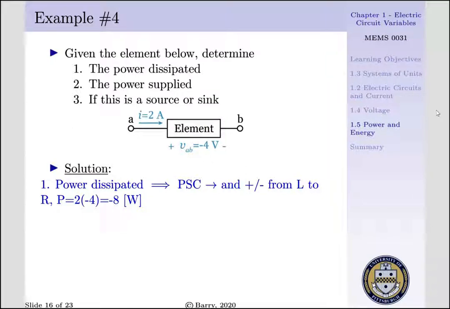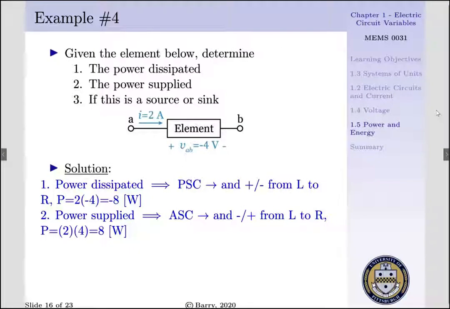Now let's consider power supplied, and this will answer that question. If we look at our power supplied, our current would enter our negative terminal and exit our positive terminal. The minus 4 leading our voltage potential, describing VAB, allows us to flip the terminals. That is, A becomes our negative terminal, B becomes our positive terminal, and we increase our potential by a quantity